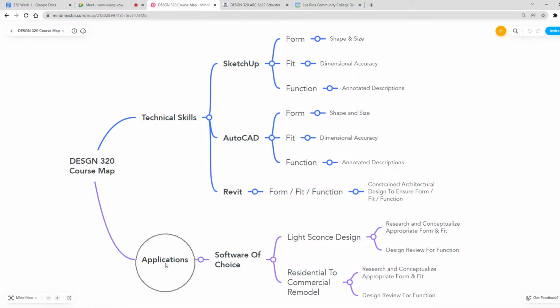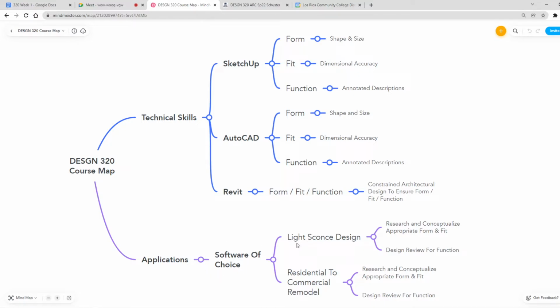And then we'll give you a chance to apply those technical skills. And here's where you'll get to use software of your choice. I don't even require that you use some of these. If you're in landscape, you can use Dynascape. If you're in interior design, you can use ArchiCAD or Chief Architect or something like that. I'll give you your choice of software. However, there will be things that you have to do, so you have to make sure that your software can do it.